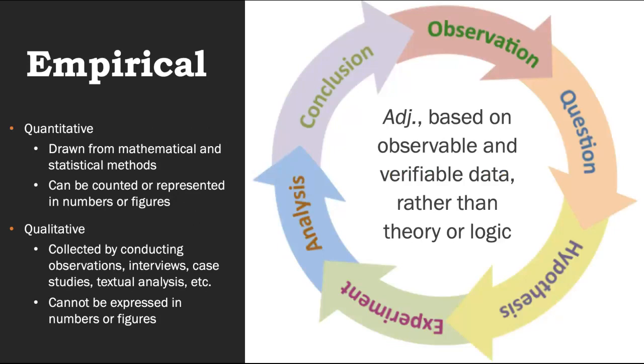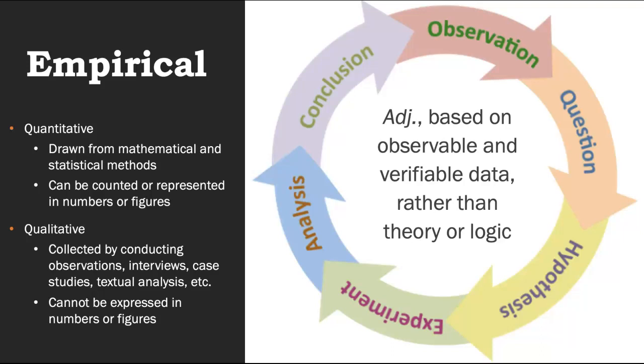What is meant by empirical? So we see our definition again, right? Based on observable and verifiable data. So this is not theoretical, right? This is proven. So we have two types, quantitative as well as qualitative, right? So quantitative is focused on numbers, right? Looking at statistics, and those things are represented by way of numbers or figures,